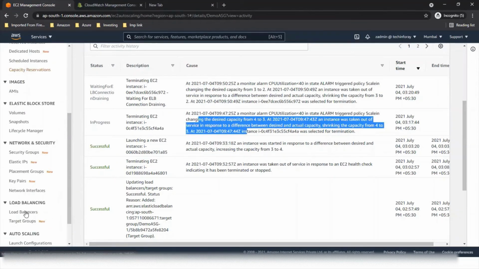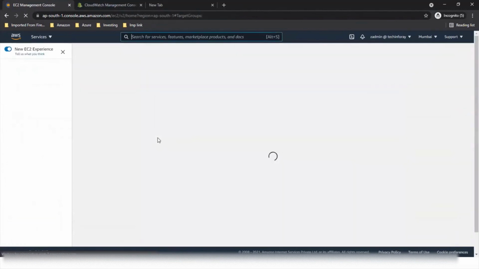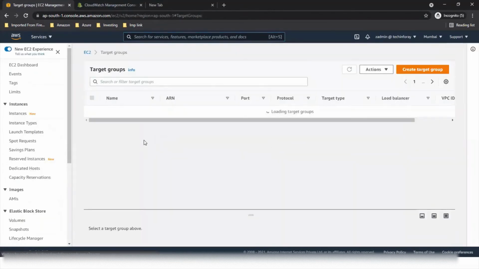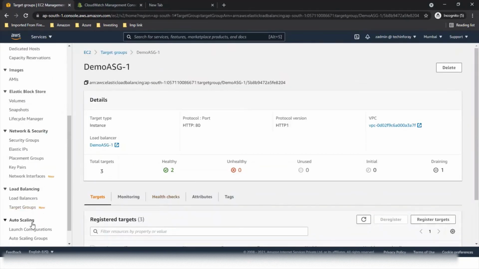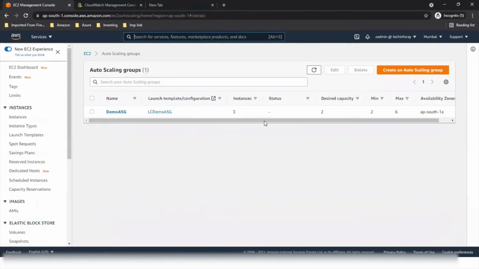And if we go to our target group in load balancing, it has started draining another machine from the healthy group. Yeah. So the first machine, the fourth machine, is complete. It is draining the third machine now. If we look at our auto scaling group, it is updating the capacity: desired capacity 2, minimum 2, maximum 6.